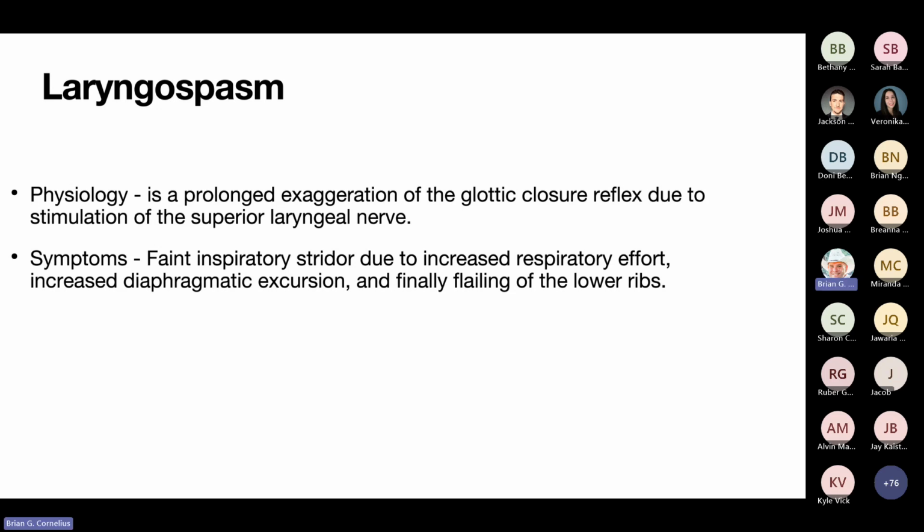So things you're going to see when somebody laryngospasms is it starts off with kind of a faint inspiratory stridor. If you hear that at all, it's kind of easier to figure out what's going on. But a lot of times it presents with the patient starting to desat. And the problem is we look at the patient and we have this bad habit of looking at their belly or looking at their chest and seeing that it's moving and assuming they're breathing. They may not